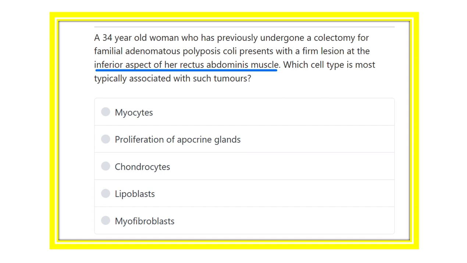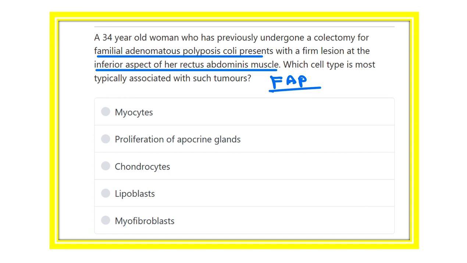A patient who underwent colectomy for familial adenomatous polyposis coli. That means there is a positive family history and there is FAP, the familial adenomatous polyposis coli. So what may be the cause of a tumor which is present in the lower border of the rectus abdominis